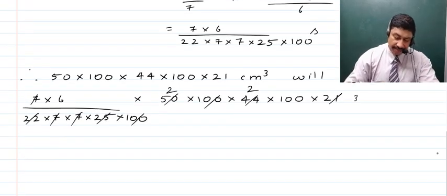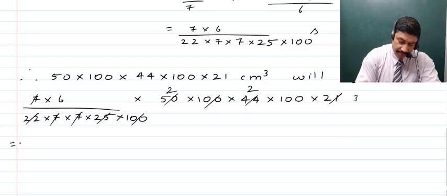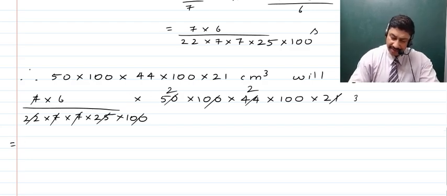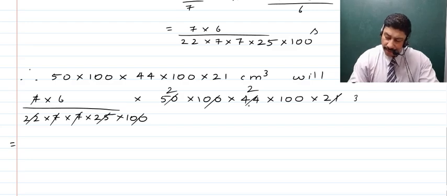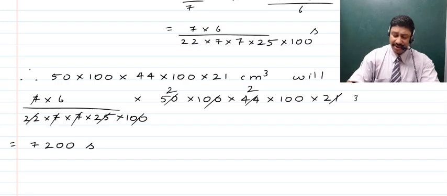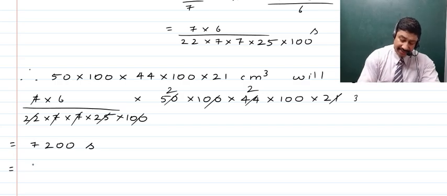And in the numerator we have here 6 into 2 which is 12, 12 into 2 which is 24, and then we have 24 into 3 which is 72, so we have 7,200 seconds, right? Now as this is 7,200 seconds, thus very easily you can convert that to hours by dividing it by 3600. So 7200 upon